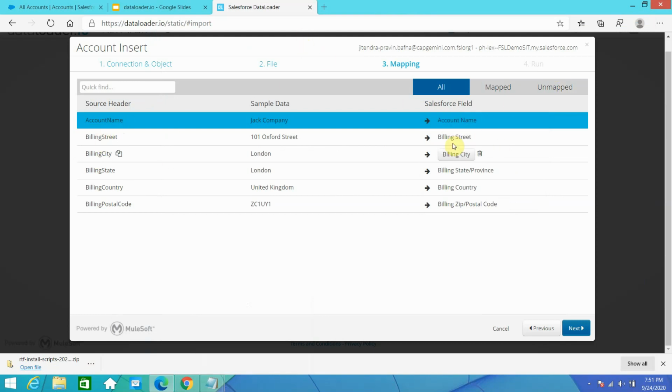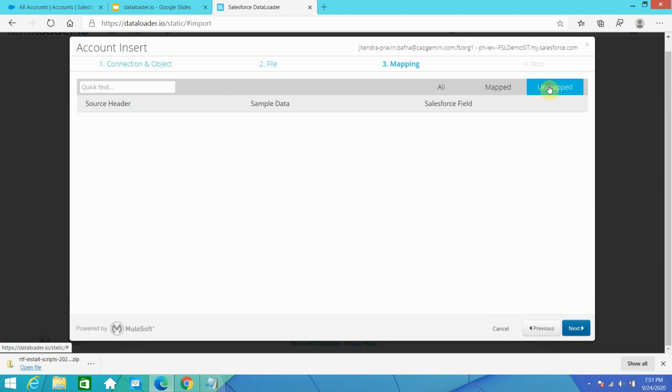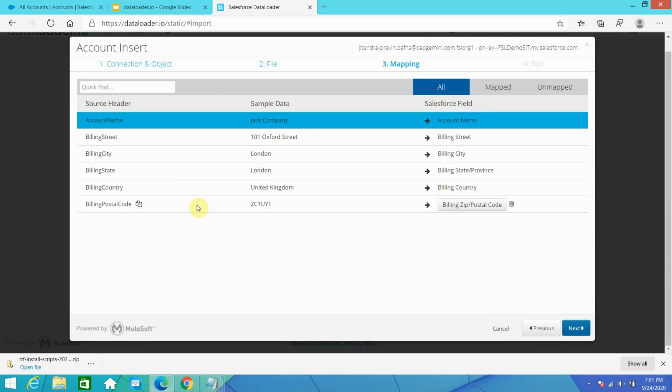But in my case, I can see everything is perfectly mapped, no issue. Country goes to country, state to state, and this is the example data: pick any one record and it will show it as sample data. If any field remains unmapped, it will show here. If you remove any mapping from here, it goes to unmapped.